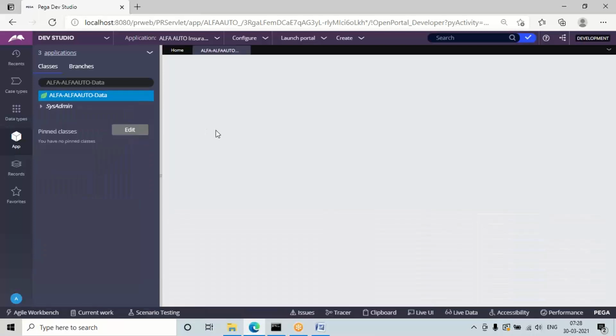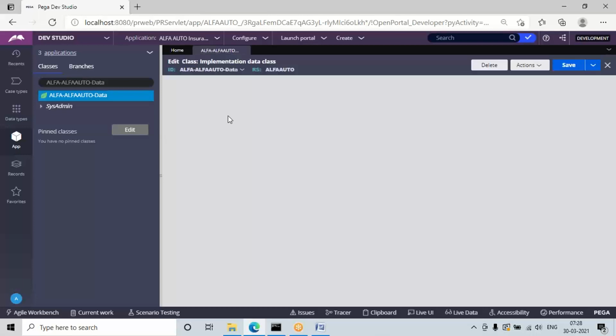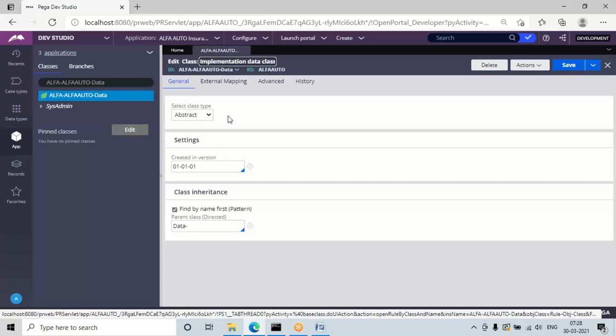If you click on that, you can find out what type of class it is. You cannot change it, and there is no need to change it either. As a developer, we are not going to change the type of class here. Whatever class is generated, we have to use it as it is. There is no case where you will have to change the type of class manually. So the data layer is abstract, you can see here.